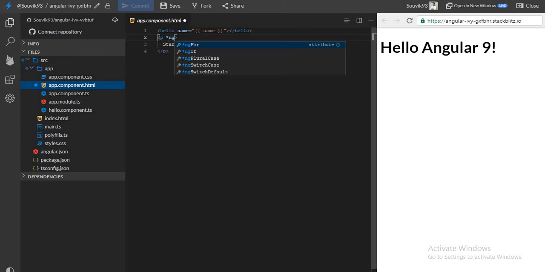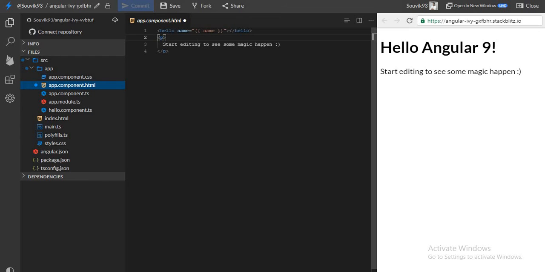For this example I am going to build a custom attribute directive, or normal directive. Let me give you some examples of inbuilt attribute directives in Angular. ngModel is one of them. You can use ngStyle, ngClass, something like this. All these are inbuilt attribute directives. So I am going to create one custom attribute directive.